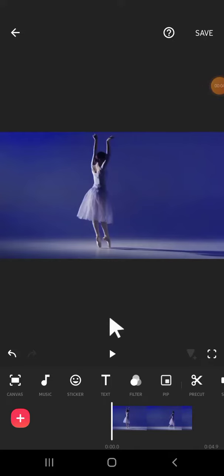In today's video, I'm going to show you how you can blur moving objects in your video with the Mosaic effect in InShot. Alright guys, here I have created a project in my InShot, and for example, I'm going to blur